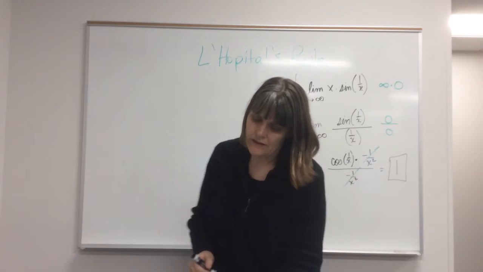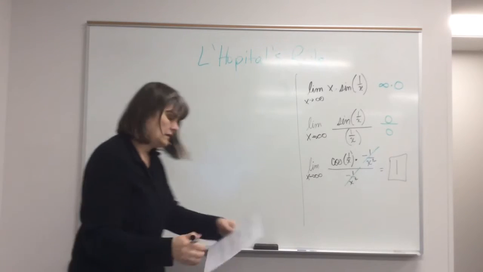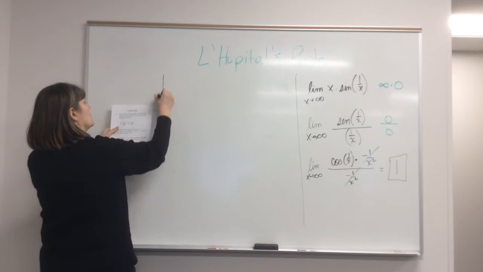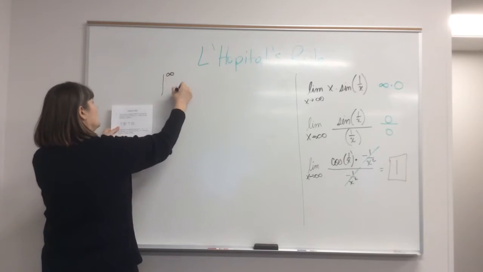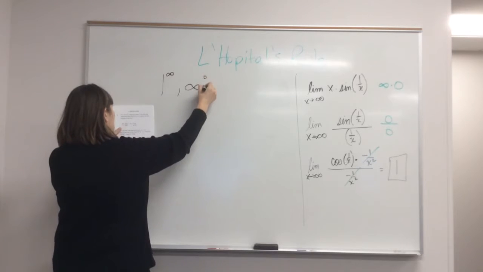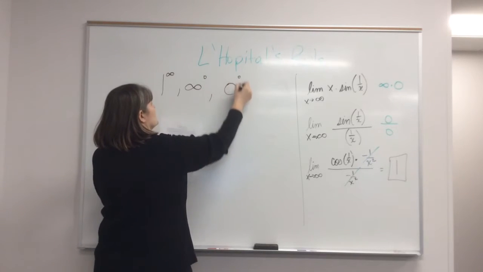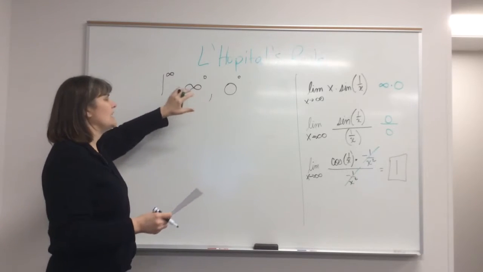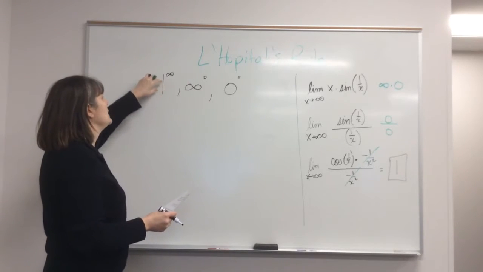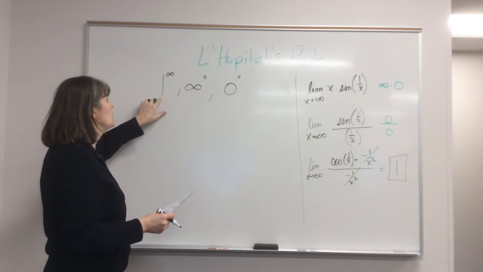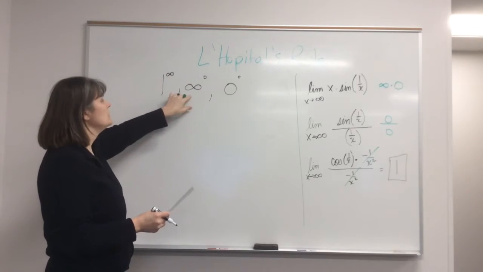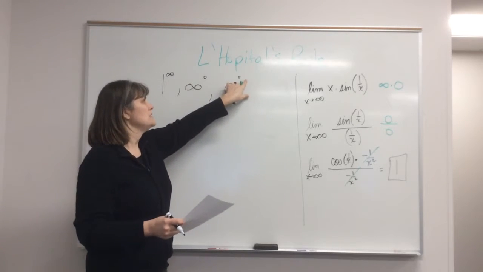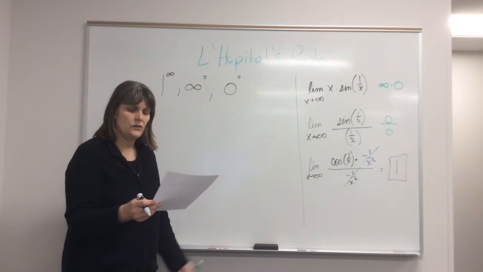The third case is, what if we end up, when we plug in our limits, with something like 1 to the infinity, or infinity to the 0, or 0 to the 0. Again, these represent not zeros and not ones, but numbers really close to 1 that get really large, really large numbers raised to a really small power, and really small numbers raised to a really small power. So if we have those,